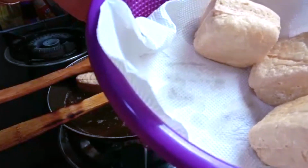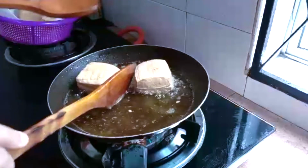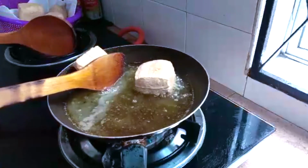When you take them out, make sure they are in standing position. That's because you don't want some liquid will still come out sometimes from the tofu, and that's when if you put it flat,